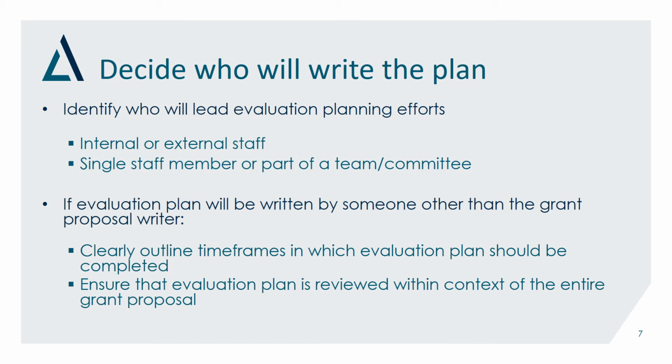The first step is fairly straightforward but critical, deciding who is responsible for writing the evaluation plan. It could be the grant writer or someone else on your team. It may be a committee of multiple staff members if more than one department or organization operates the program. If the plan will be written by committee, be clear about each person's responsibilities and make sure that one person is designated as the lead for writing the evaluation plan. You could also hire someone externally, but their compensation for this work will need to be factored into your operations.